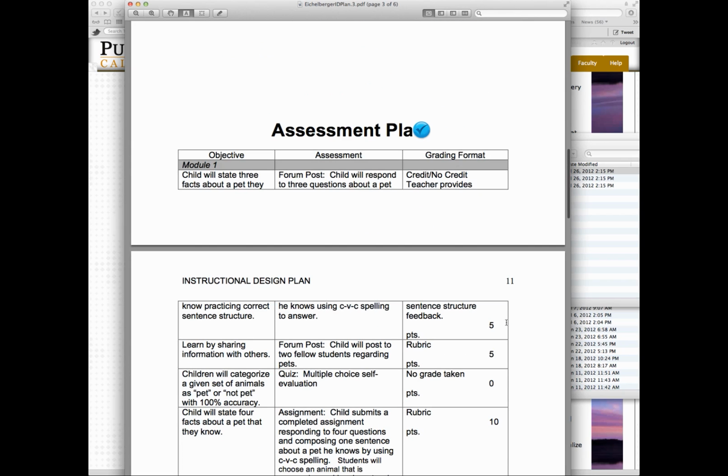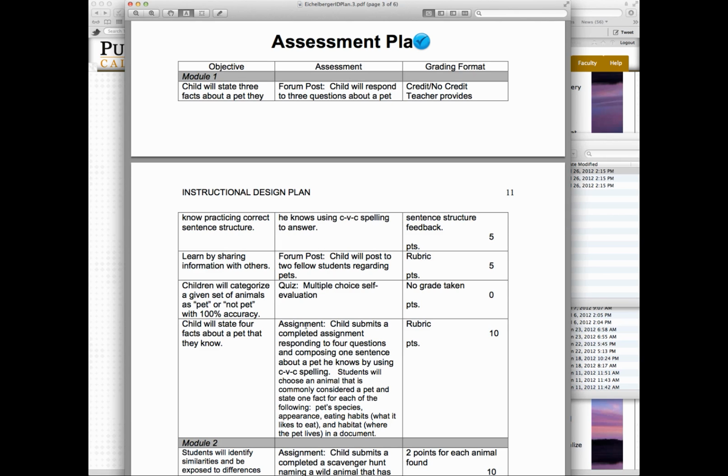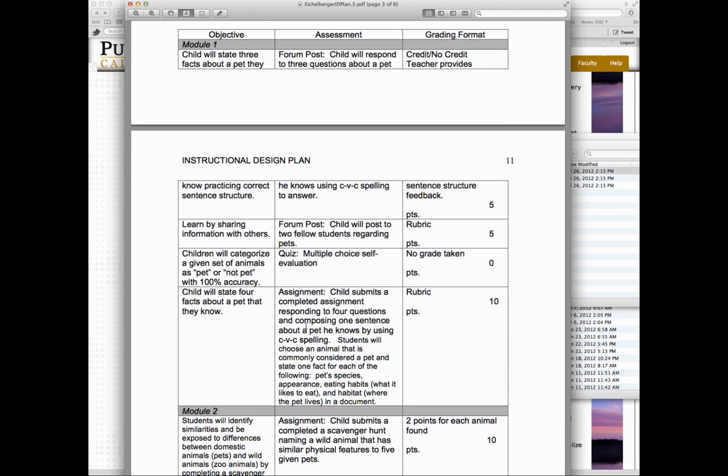And I already have hers up, and hers wound up being a good example of an assessment plan. A lot of people use tables when they do the assessment plan. It's just a way to sort of highlight the assessments that are going to happen. And this is also a chance for you to show off some of the rubrics that you might be using, or maybe test questions if you don't really have rubric-based kinds of things. Whatever works for you. But she's got here's her objective, and this is how we're going to assess whether they met that objective. It's just kind of a shortcut version of the planning grid where we're focusing just on the